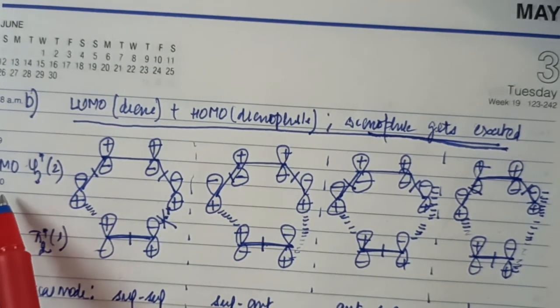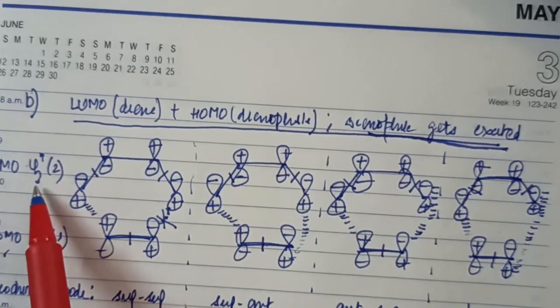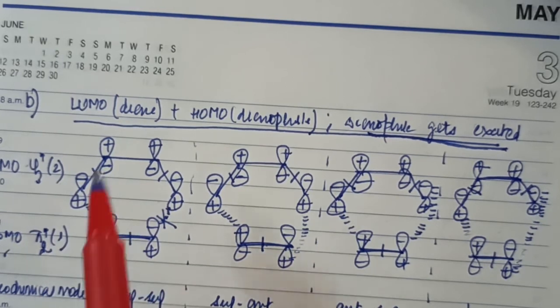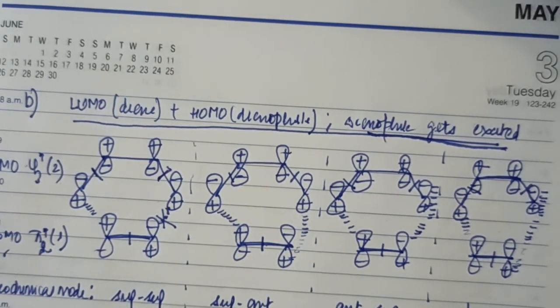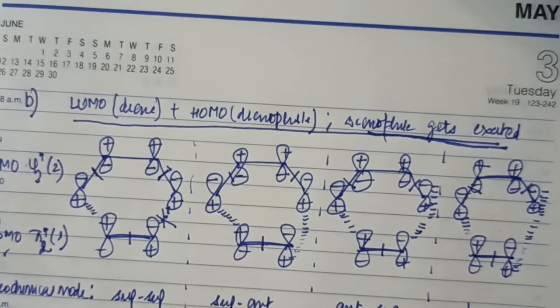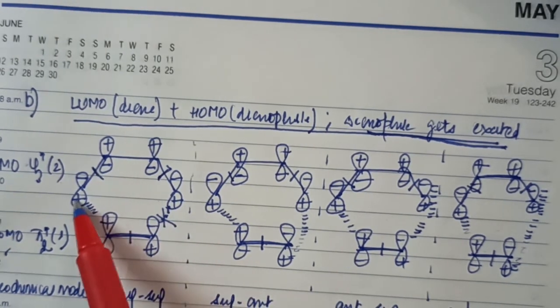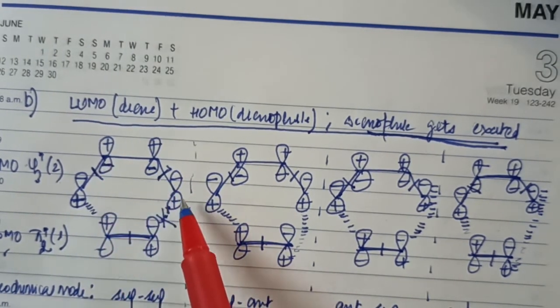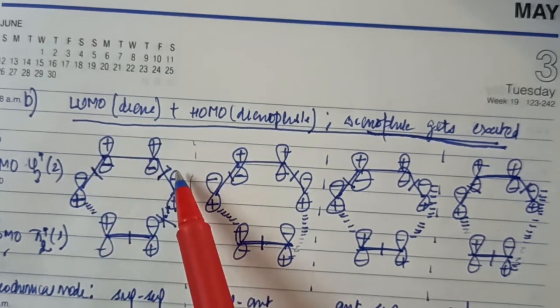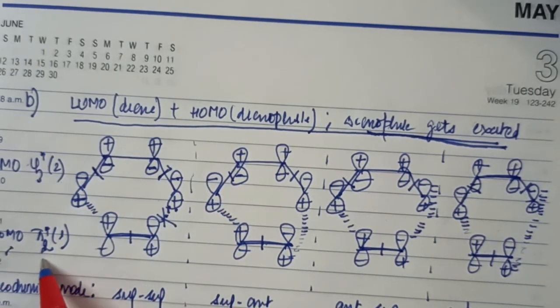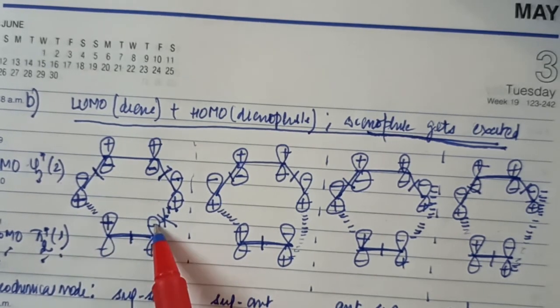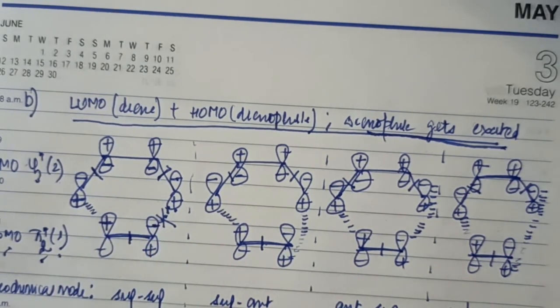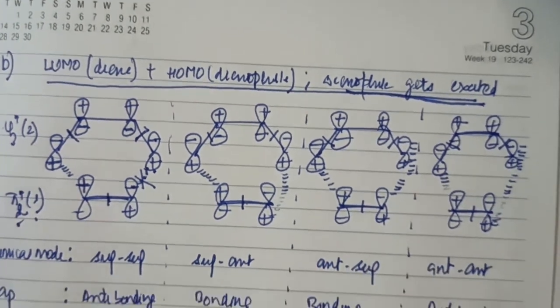Now, how do I draw LUMO for the diene? The diene never got excited, so the diene's LUMO still remains psi3 star, which has two nodes. How do I draw the two nodes? This is the same as what we did previously. If I have two nodes: positive, a node, then negative, negative, a node, then positive, and opposite signs here. HOMO, pi2 star, having one node, means a positive here and a negative here. And the same orbital picture will be carried onto all stereochemical modes.